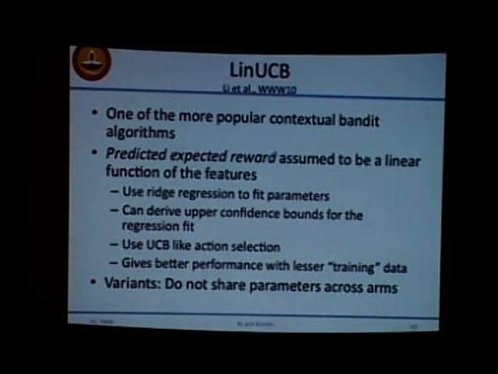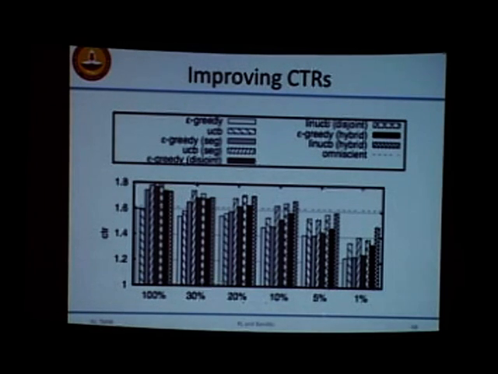So the first algorithm that explored this was lin UCB, where you use a linear representation for your mu hat of S. Just use a linear function approximator for mu hat of X, and then you did UCB-like action selection. But the trick here was, of course, to show the regret bounds, log T regret bounds, and so on and so forth. And so basically, they showed that for this ad selection problem,